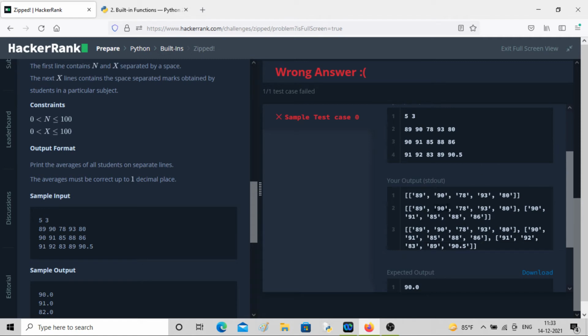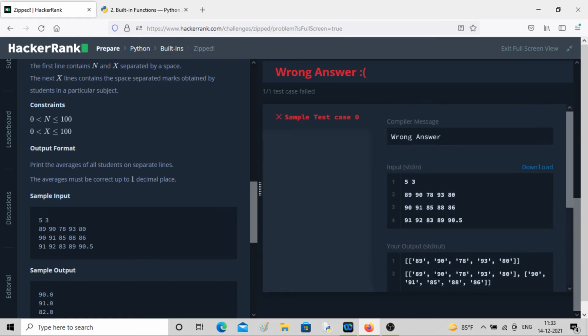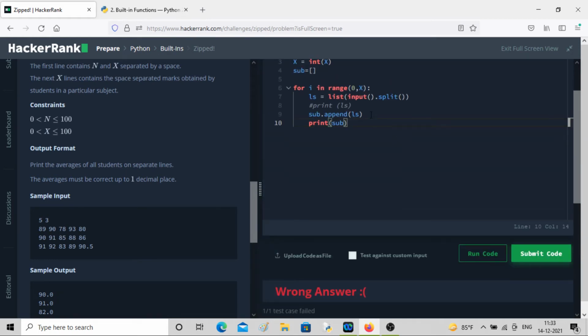See, inverted commas are there, but we want them in float form. We don't want them in integer form, we want them in float form. You can see this value 90.5, one of the students is getting it. So before appending, I'll convert every value into float. So ls only I'll save it, and I'll write a concatenated for loop.